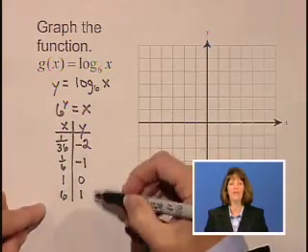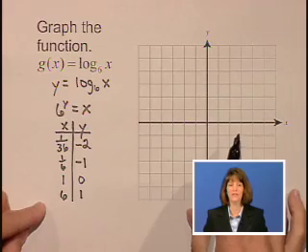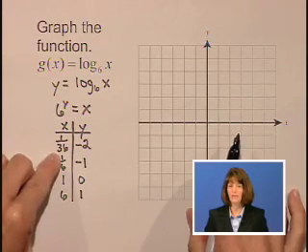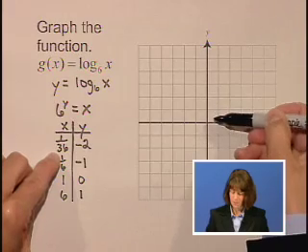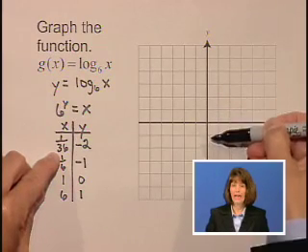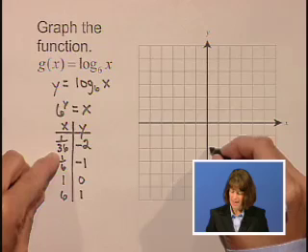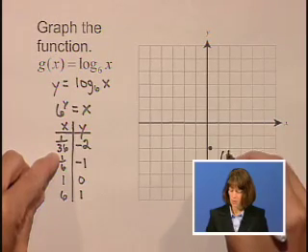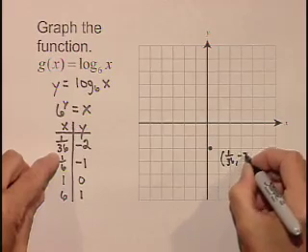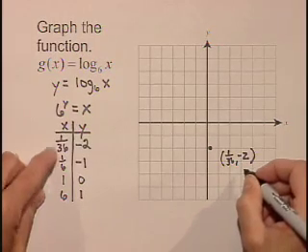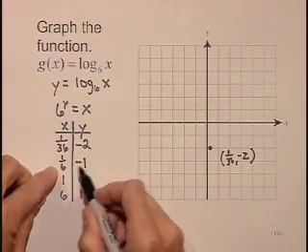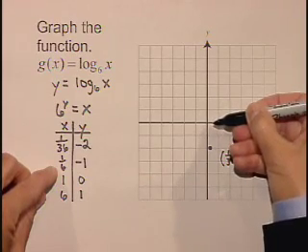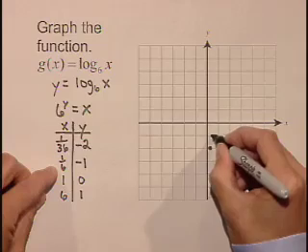Now let's plot these points on our Cartesian coordinate system. We have the point x is equal to 1/36, y is equal to -2. So we'll come over slightly on the x-axis and down 2 on the y-axis. That's the point (1/36, -2). We also have the point (1/6, -1). So come over slightly more on the x-axis, down 1 on the y-axis,